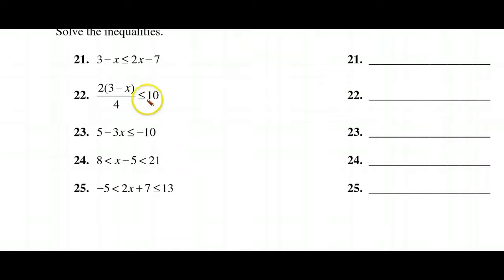Now in number 22, there's a fraction. So again, you're going to multiply both sides. In this case, there's just one term here by 4. Here the 4's cancel out. Then we're going to get rid of our parenthesis. This becomes 6 minus 2x is less than or equal to 40 now. We're multiplying both sides by 4. Here the 4's cancel out. I distribute 6 minus 2x, 40. Okay. Again,